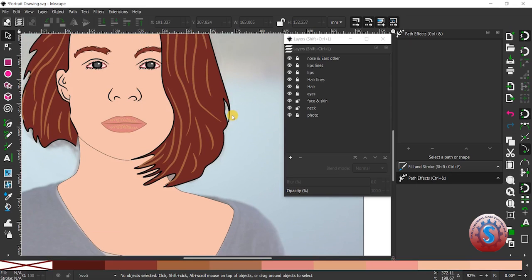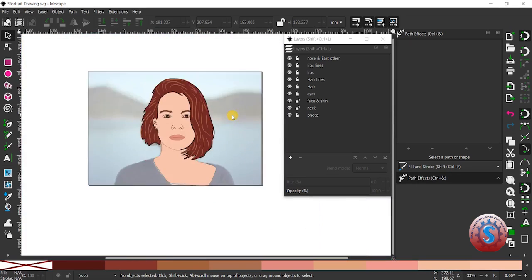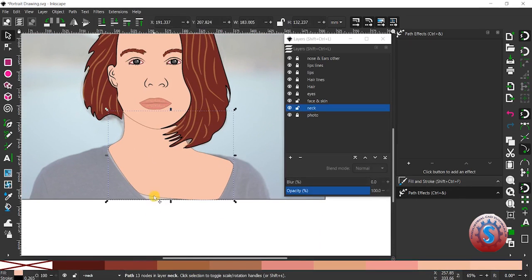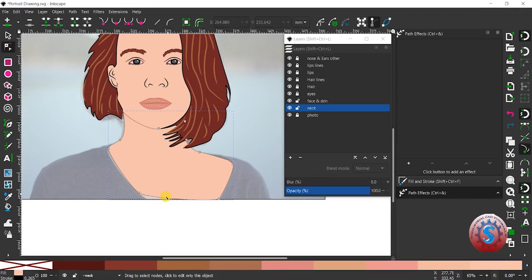If you want to give shading to the skin, I will explain that in the next part, which is called part 6. You can observe that this is the part 5 tutorial I am explaining. And you can observe that the t-shirt is there. How to create this shirt, I will explain.